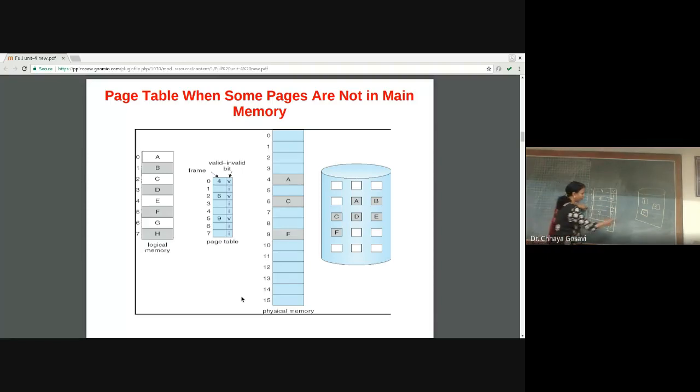So it will check whether the page is in the back store. Yes. So bring this page into main memory. First find a victim page. Now we assume that all these frames are not free. So these are the frames. This is the page table. And this is main memory.